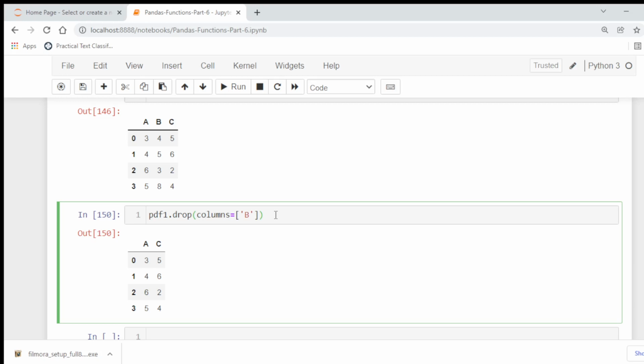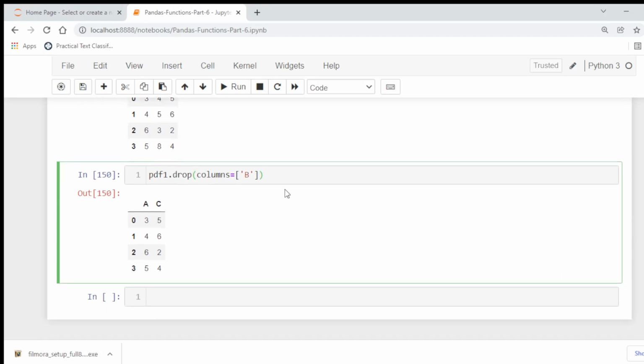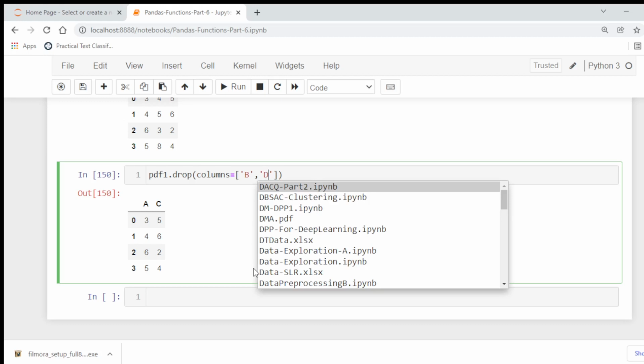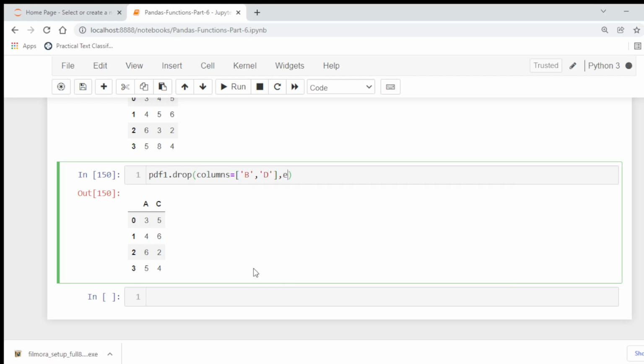For example, if it is ignore, it will ignore the error and the existing labels will be dropped. In this case, for example, we are going to drop the columns B and C or D.